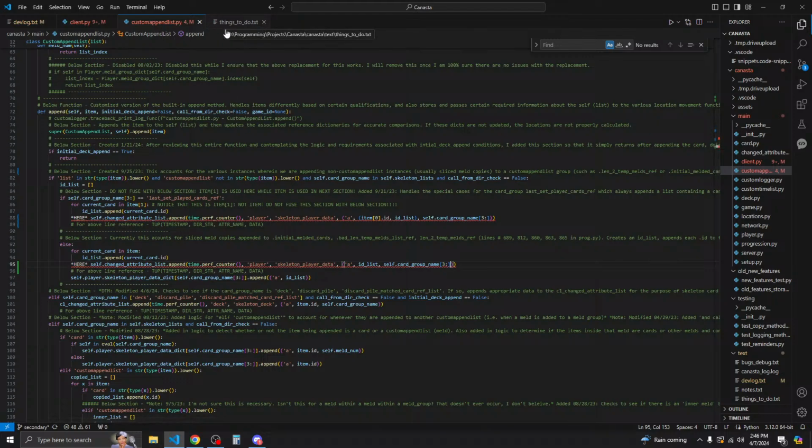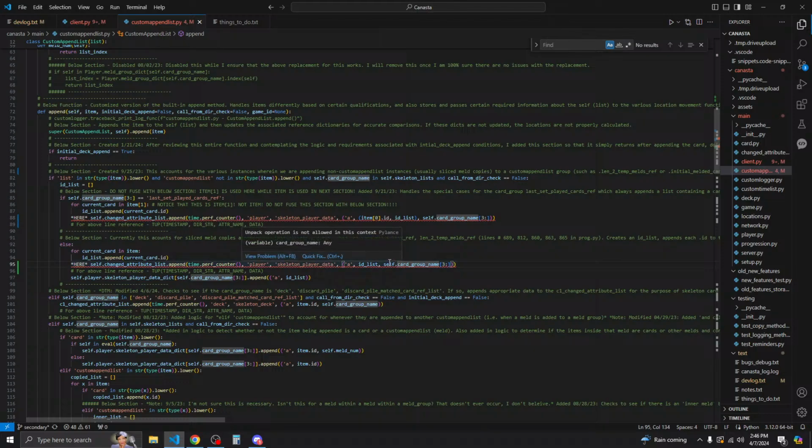And I just realized in things to do, we'll make this to where we only assign this once, because otherwise we're slicing it every time we execute this, and instead we should have an attribute called like the short card group name, which is the card group name 3 onward, because otherwise every time we do this we're slicing it again, and that's extra computational power.